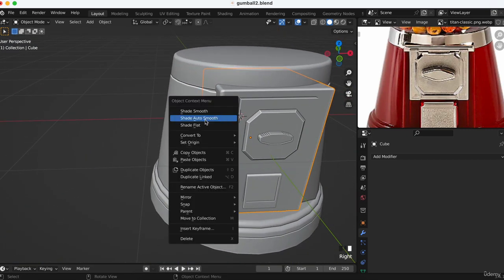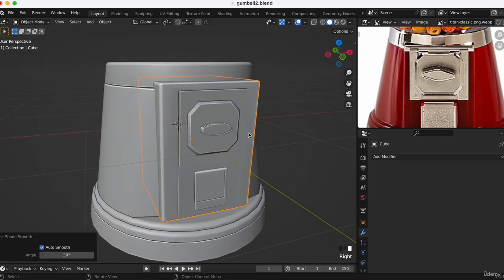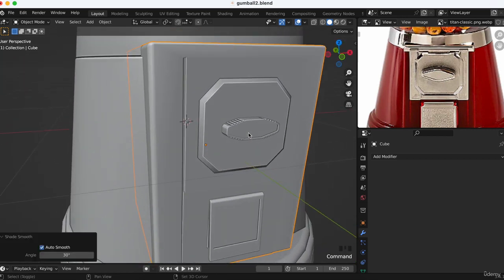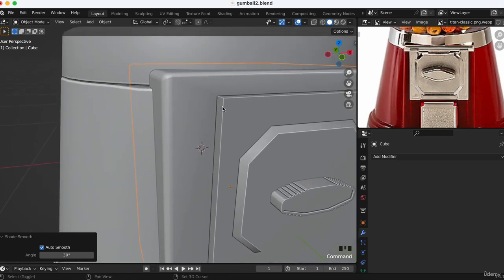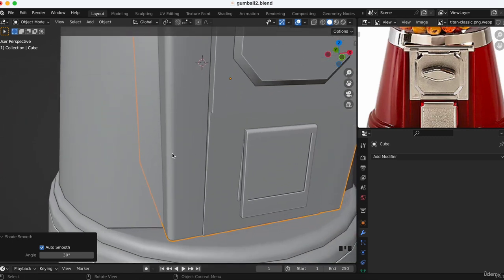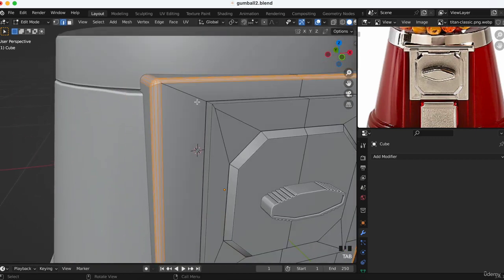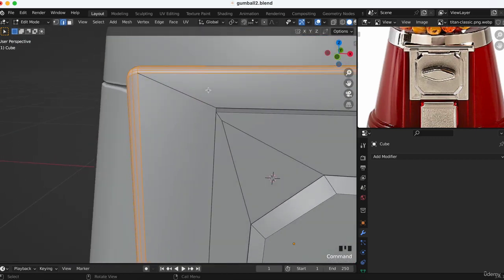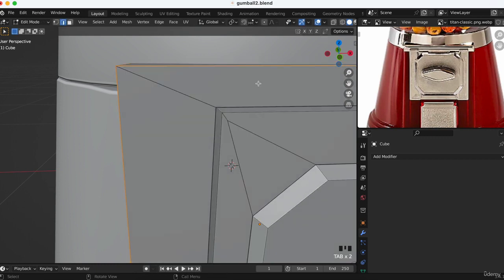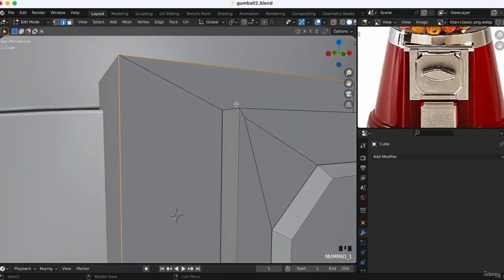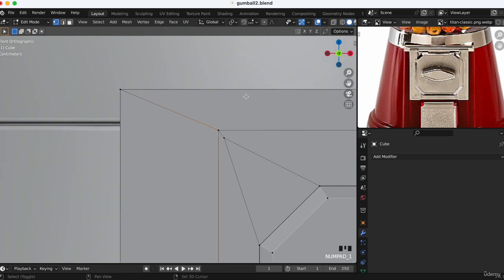We can do right click, shade, auto smooth. Now it is like this, and you see here there is also little problems here. So we can do the same as here what we did. We can undo the bevel and we go here. First vertex, we click these points, then pad 1,